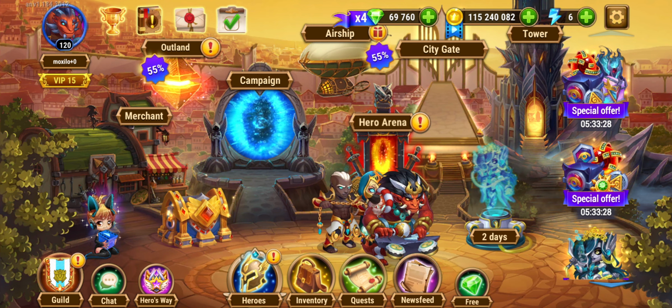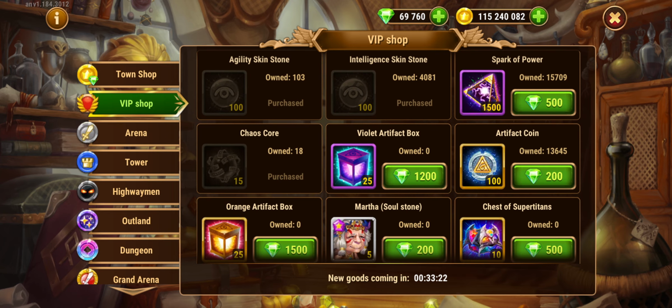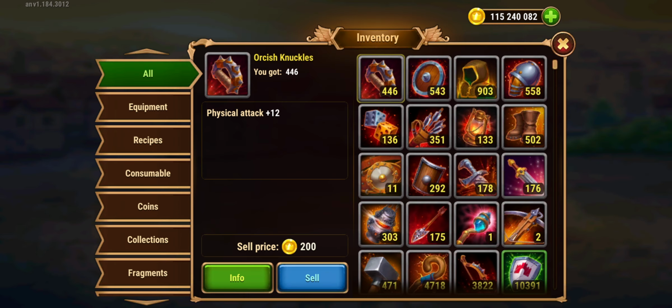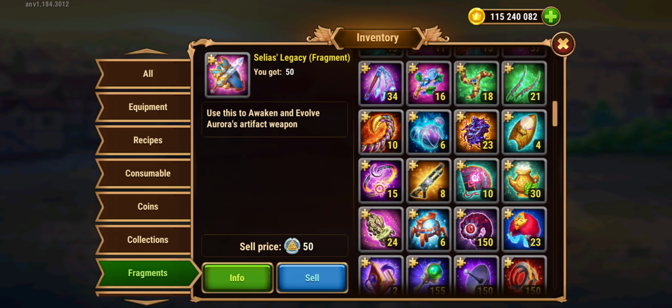where I spend my emeralds, is always in the VIP shop here, okay? You can buy 15 chaos core for 2,500 emeralds. People will tell you it's not valuable, it's very expensive, it's not worth it. It's the only manner for me to get chaos cores, okay? Like if I go now to my inventory and I go to fragments, I would like to show you one thing, okay? So I have, let me go down,